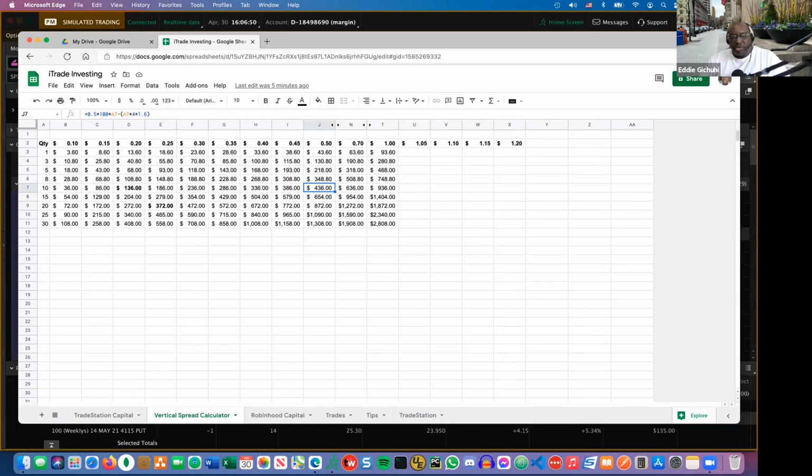But I found that my stress level is much better maintained if once it decays enough, then I can buy it back from the market and keep a certain amount. And that way I don't have to worry about that last minute rush in the market. So that is why I always buy back my contracts, even if they're going to expire worthless, because I'm usually in and out, usually within an hour. And I like my Starbucks coffee, so hey,